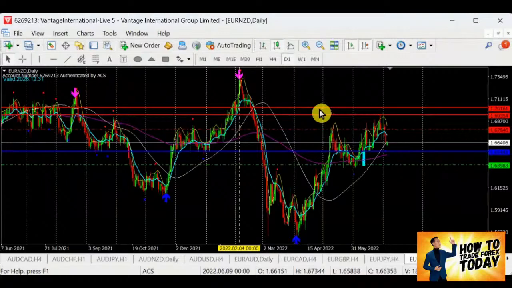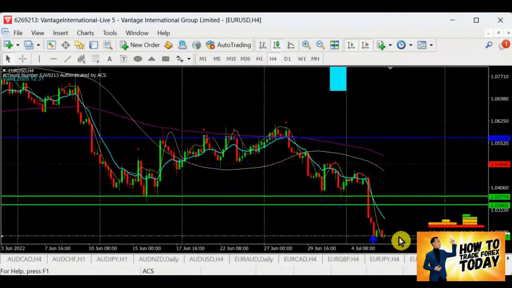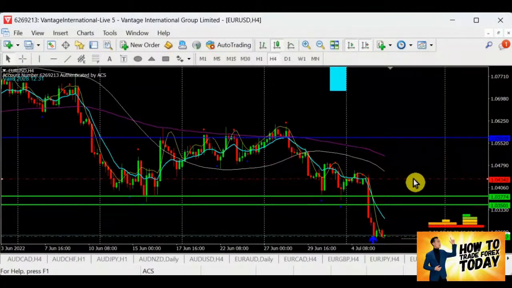All right, so euro dollar over here, we are in the bear. Good, we are still in the bear. So tentatively, euro dollar, we are now in the bear looking out for a support, which is now right on the support again. We are right on the support. Looks like the resistance is still very high up over here.